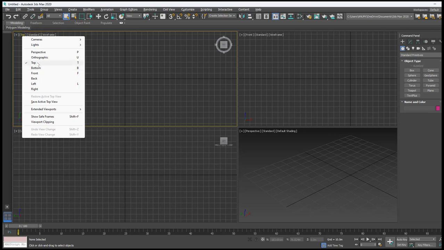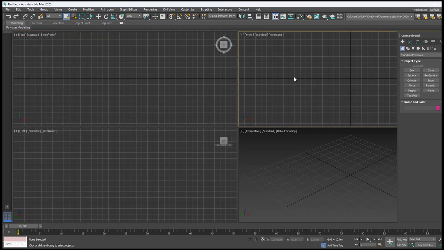You can see top, bottom, front, back, left, right like this. You can also use shortcut keys to activate them. You can keep any view you want to see. Same here, we have front, you can change it, and then left and perspective.